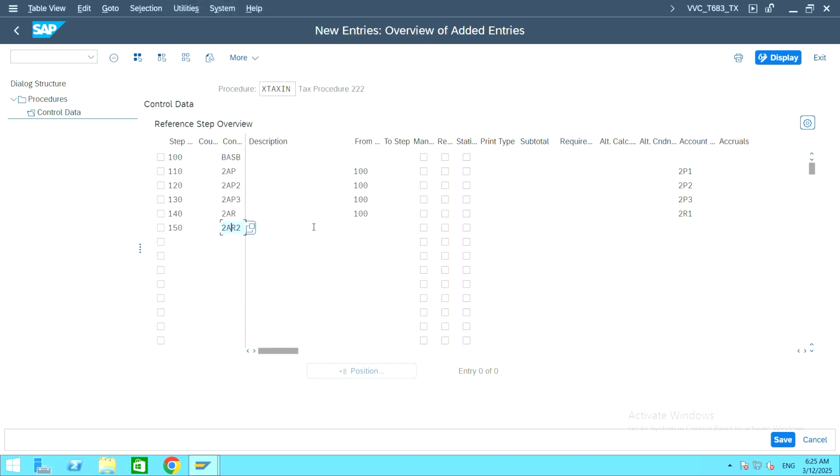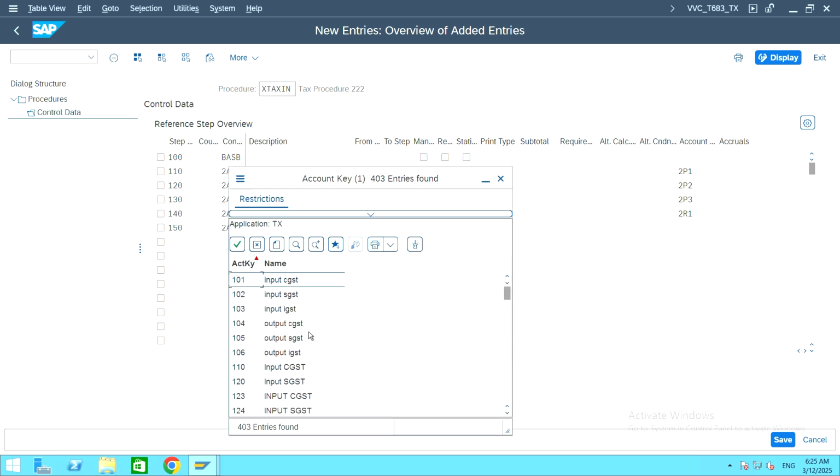Even output SGST is also to be calculated on step number 100. That is what I have given now, step number 100 in the from step. And in the same row, scroll to the right to the accounting key column. Click on start search, scroll down, you'll find 2R2. This is for output SGST. Double click on output SGST,